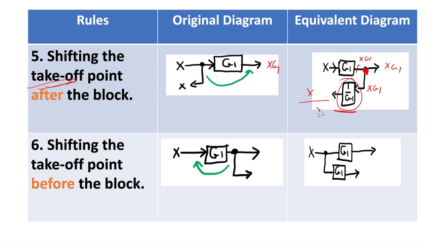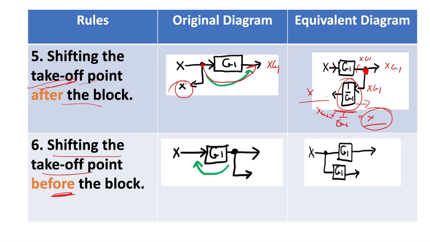Why? x g1 into 1 upon g1, g1 gets cancelled and you get x. So now you can see that this x and this x are the same. So in order to shift the takeoff point after the block, we will insert an additional block, as you can see. Similarly, if you want to shift the takeoff point before the block,